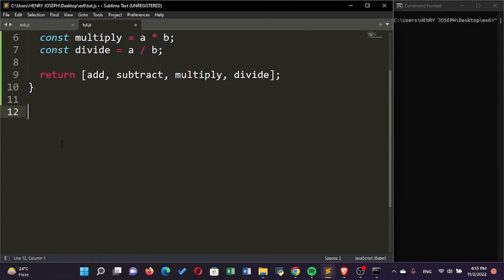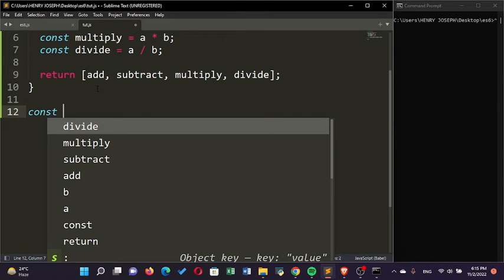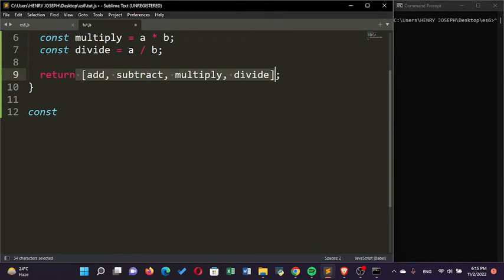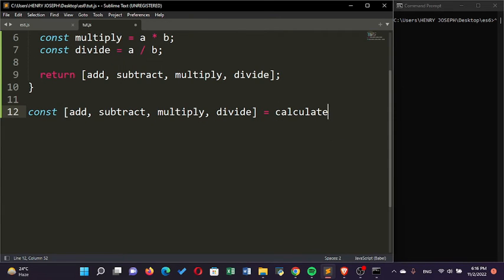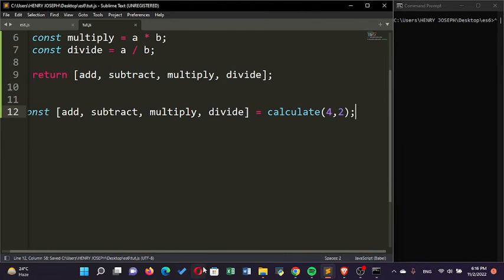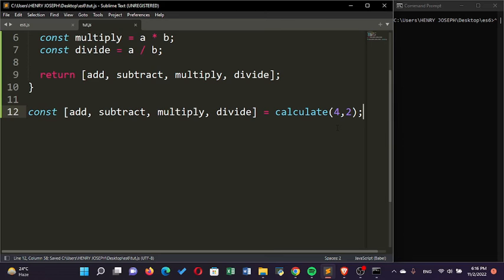But with destructuring, I could just say const, then open my array brackets, meaning that I'm going to define each variable: add, subtract, multiply, divide, and then I would just set it equal to the function calculate. Then I would pass 4 and 2 into the function. It means that the array which this function returns will be destructured and put into each of these individual variables. It means that outside here I can just console.log